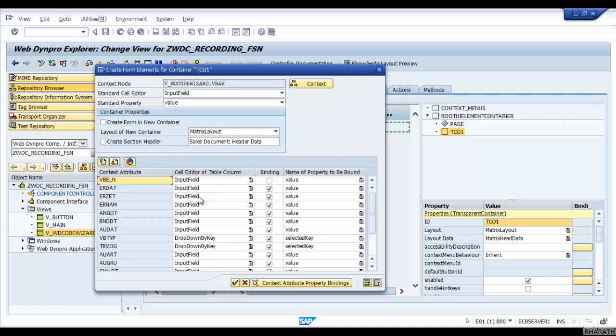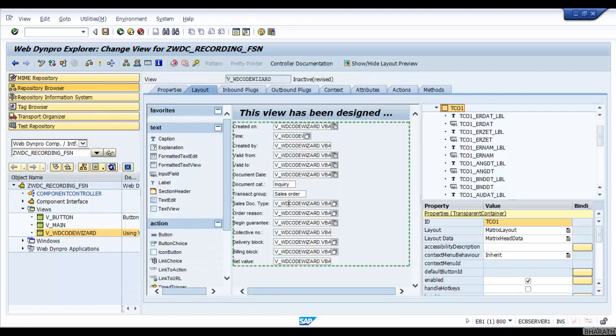That I will show you now. I have unchecked this checkbox for VBLN, so VBLN will not come on the screen. The remaining ones are all there. Just remember, for VBLN we have unchecked the binding property. Now click OK.